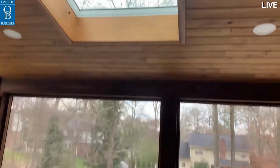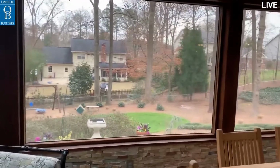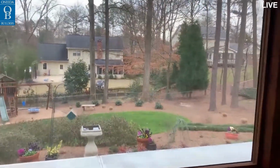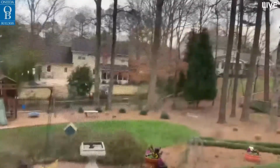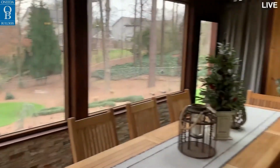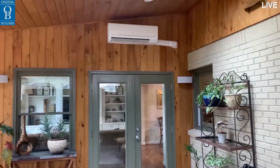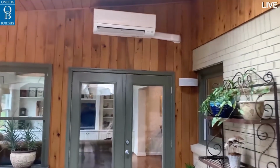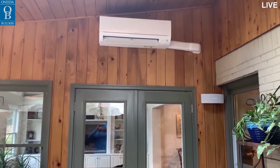And what that enabled me to do in the middle of summer, while the screens are up, and actually on mine I didn't have any screens, we would run the air conditioner. And people thought I was crazy. I'm like, well, if you've ever been in a convertible in Atlanta, you're cranking the AC with the top open. So we went ahead and did it, and then we made plexiglass inserts for the screened openings or just the